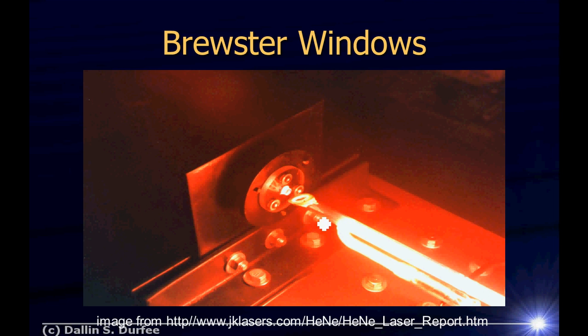Well, this turns out to be a bonus because in a laser, the two different polarizations compete with each other, and they can cause all kinds of trouble. But if you give one polarization a tiny advantage, it wipes out the other one. So now one polarization transmits with almost no reflection. The other one gets a little bit of reflection, and that kills it, and your laser's happy. So Brewster windows are a really practical way to get light into a system without getting reflections off of your windows.